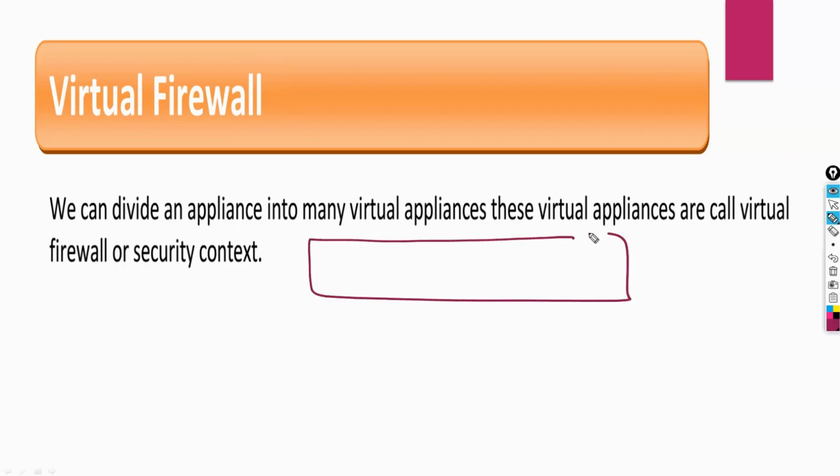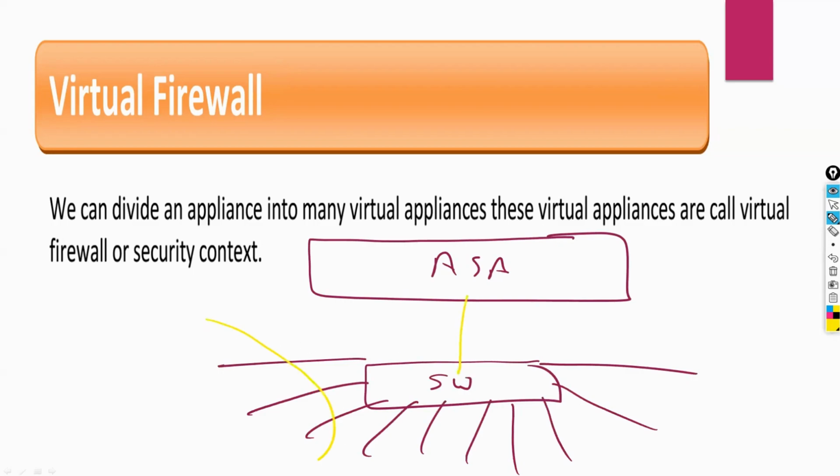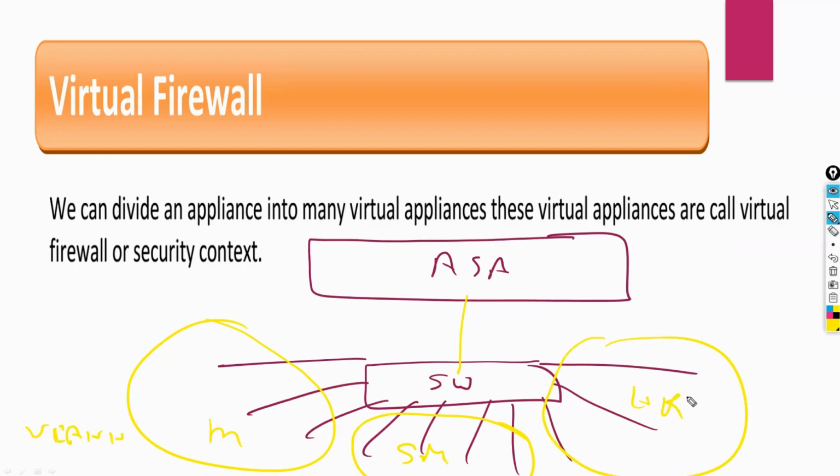For example, let me show you. Here we have a Cisco ASA firewall, and this firewall is connected with a switch. On my LAN side, we have multiple VLANs, you can say multiple departments. For example, this is your marketing department, maybe VLAN 10. The sales department is VLAN 20. HR department, VLAN 30. And now what we can do for each department,